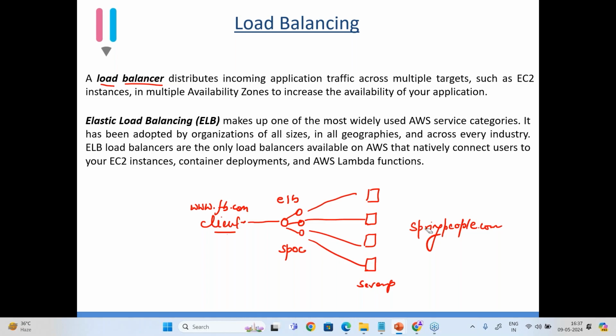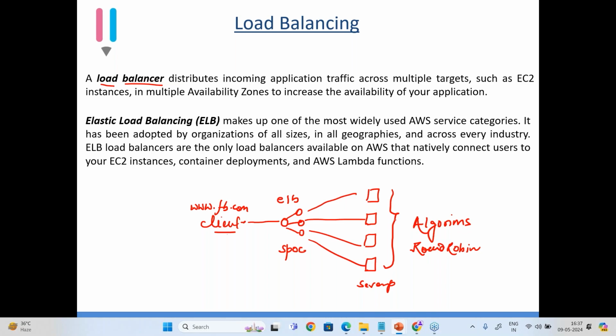Now, the load balancer takes responsibility for all the requests coming from the client and given to servers for processing. So the load balancer acts as a middle point, taking requests and distributing the load among the servers. Obviously, it might be using some algorithms to do that. One of the very famous algorithms, if you know, that's very good. If you don't know, then that one is round robin. The round robin algorithm is generally used for distributing a load among the servers.